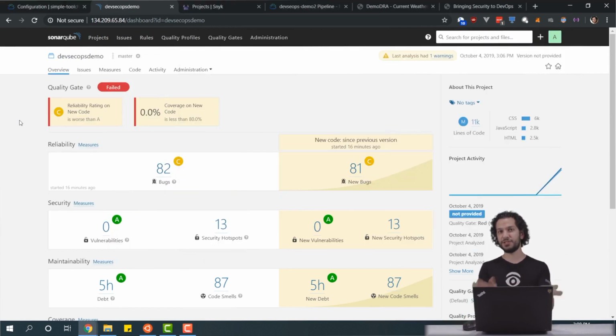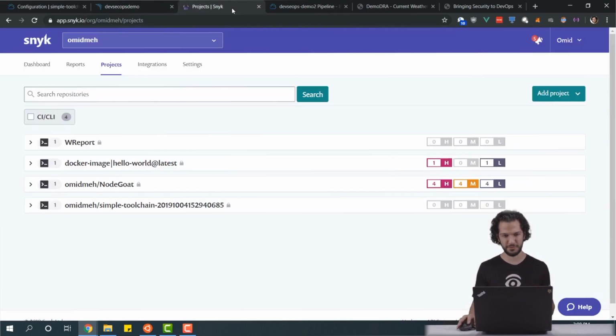Now, we didn't talk about dependencies here, right? So let's move and work on dependencies. For that, I'm going to teach you how to use Snyk. So let's leave this aside. I showed you how to add it to your projects, and you can run it as a part of your pipeline, so you're good. Let's go to Snyk. You can go to app.snyk.io, and then you sign up, you register, and then you go